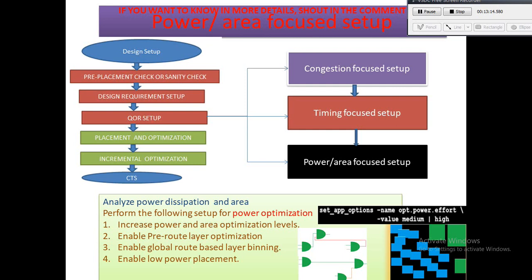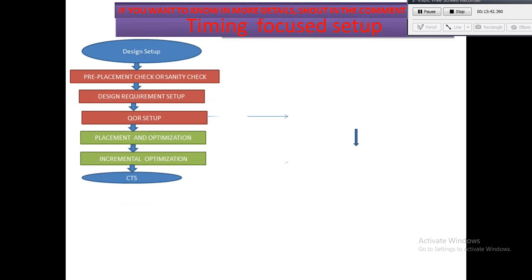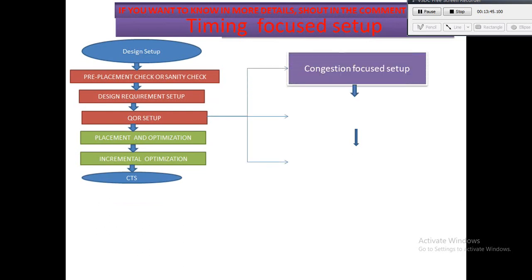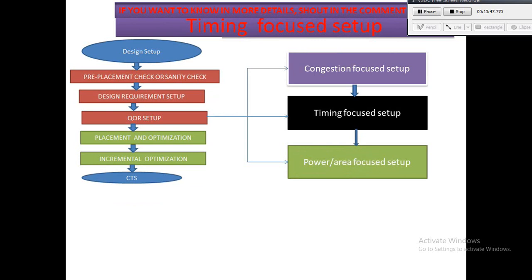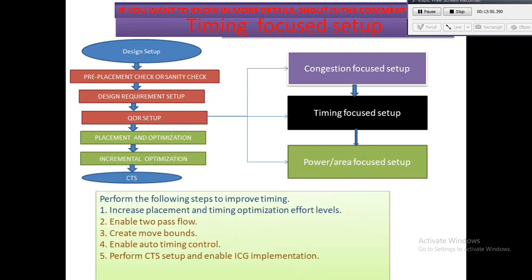And enable low power placement. What it does is reduce dynamic power by moving cells to shorten high switching activity signal nets. You can see in the diagram the high switching net, which I marked in red color, becomes small in the second diagram to optimize the dynamic power. So if we can reduce the high toggling nets, then power optimization can be done.